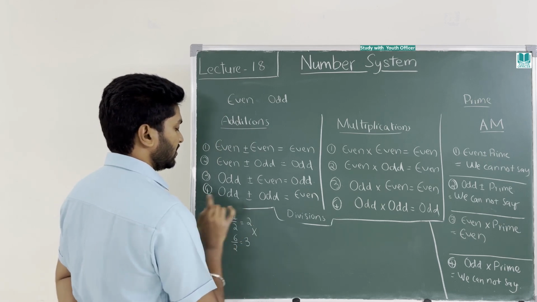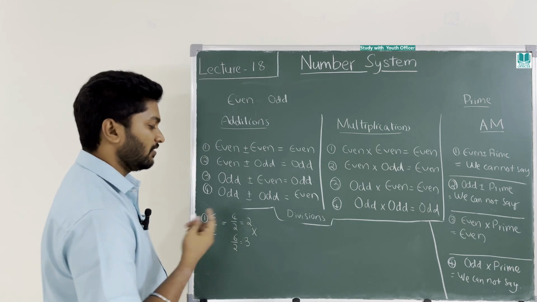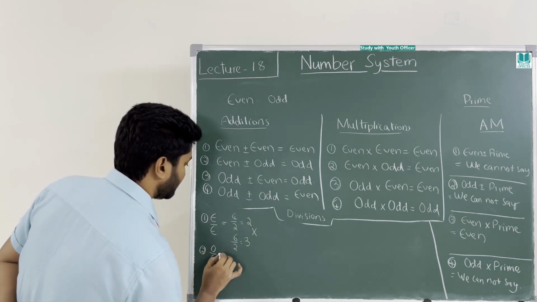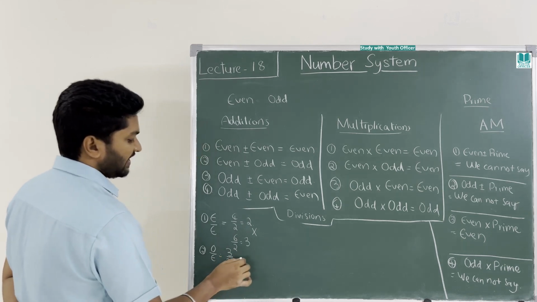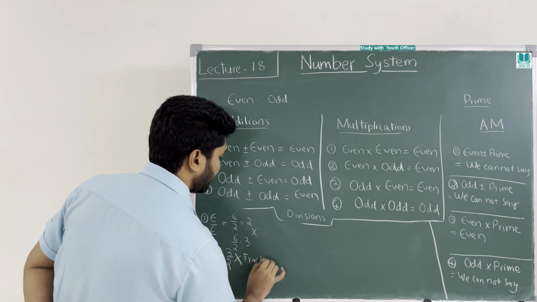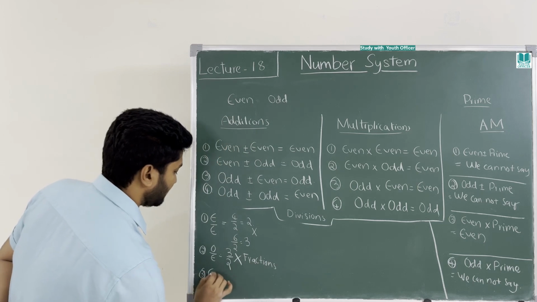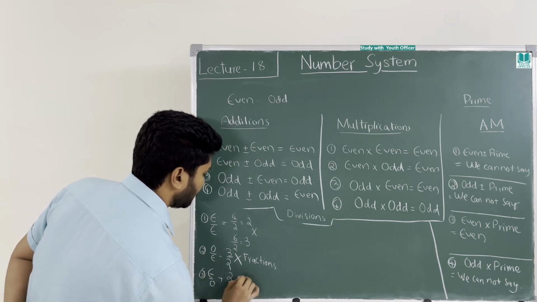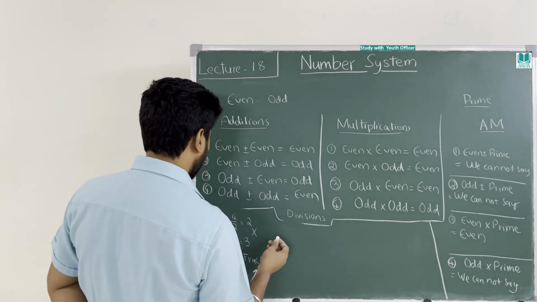So we cannot say even by even can be even or odd. Second, if you put odd by even, say 3 by 2, they will never get cancelled. This will give rise to a fraction. Not only this case, if you take even by odd also, say 2 by 3, this is also a fraction. If you take odd by odd,